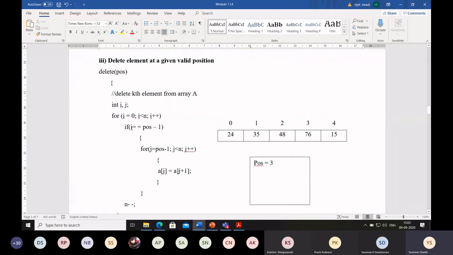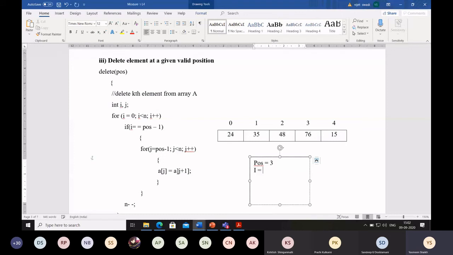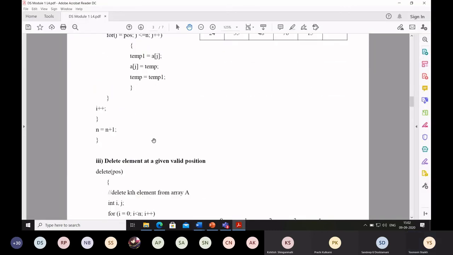So we will check i is 0 here at this position. i is 0 and position minus 1 is 2. So 0 is equal to 2? The condition is false. Are you understanding? Condition is false, so again the for loop will repeat. You people can see one change here. See here.